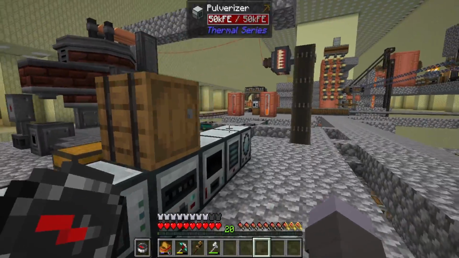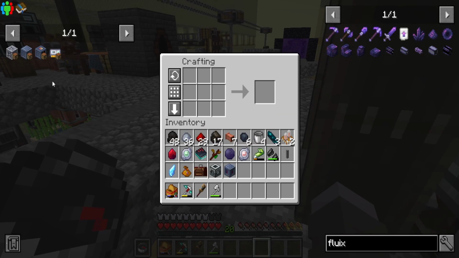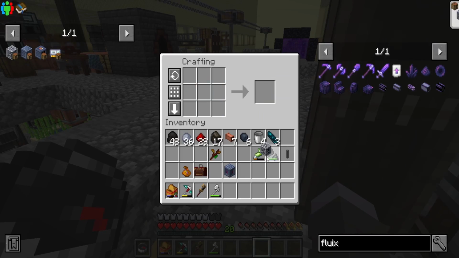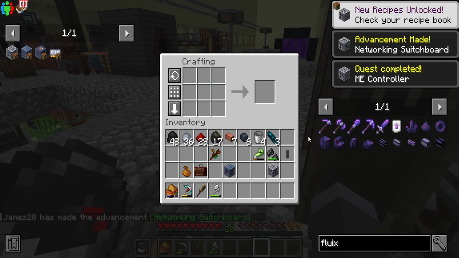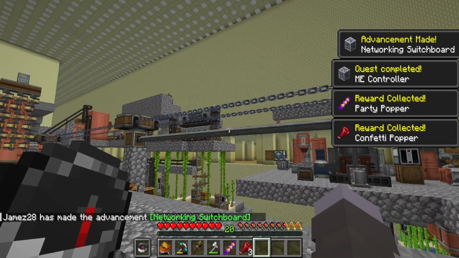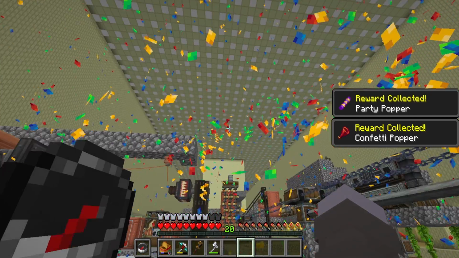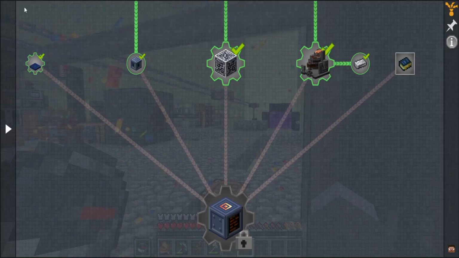I didn't want to bore you guys with staring at the Empowerer again, so I just did that myself, and let's see if this works. Done. And quests are completing as we speak. One Empowerer is made. Pop the party popper. We did it. And now that that's done, why does this...